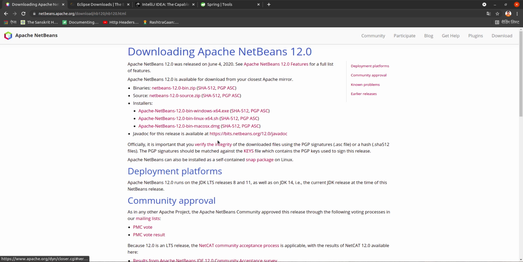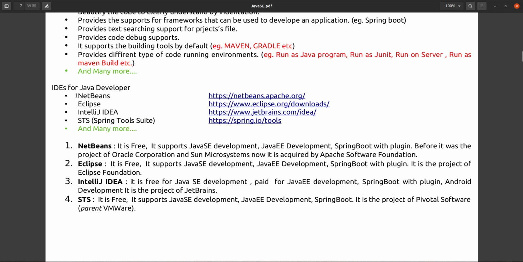If it is a shell script, then you can double click there and it will automatically start. You can launch that one and run it, because in all the IDEs the features are the same. How you create the project, how you run the project, how you build the project, all features are the same in all the IDEs.